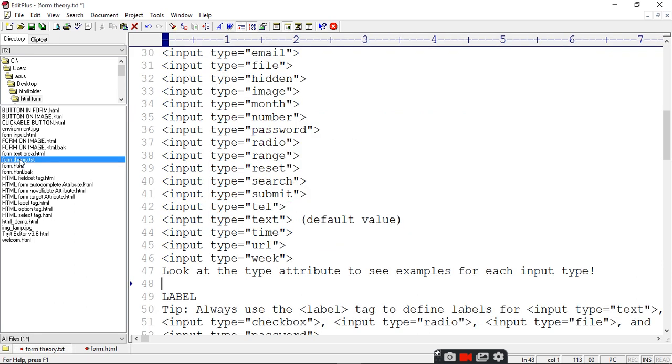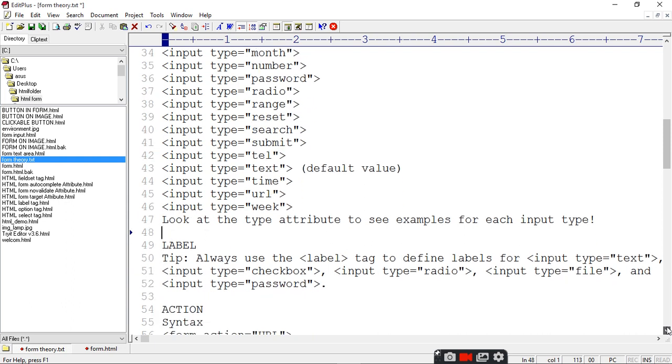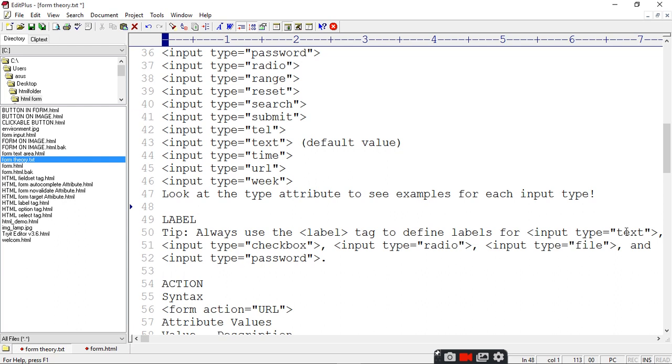Now, what else are the elements of the form? I told you about the input and label. Now the label is used with the text, checkbox, radio, file and password. And what is a checkbox and radio? A checkbox is an option through which you can select values among 2, 3 or multiple choices, and radio is also the same as a checkbox.